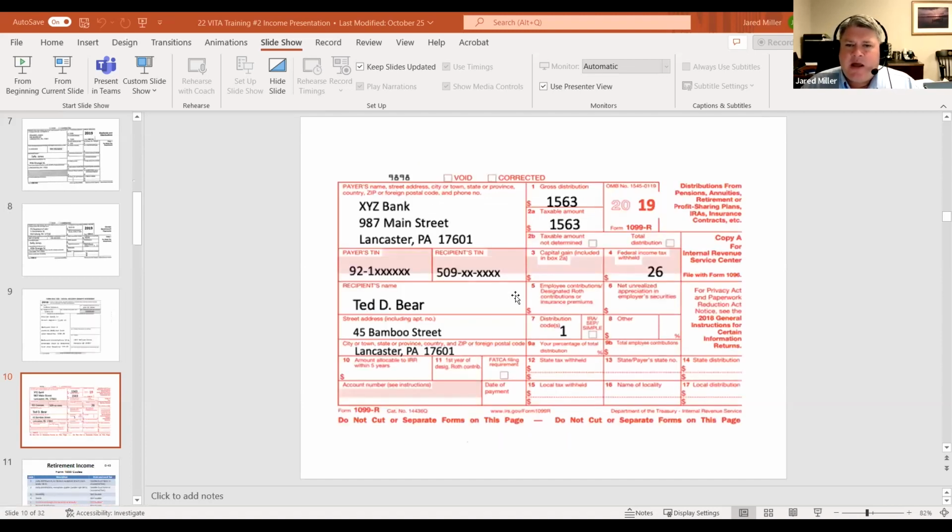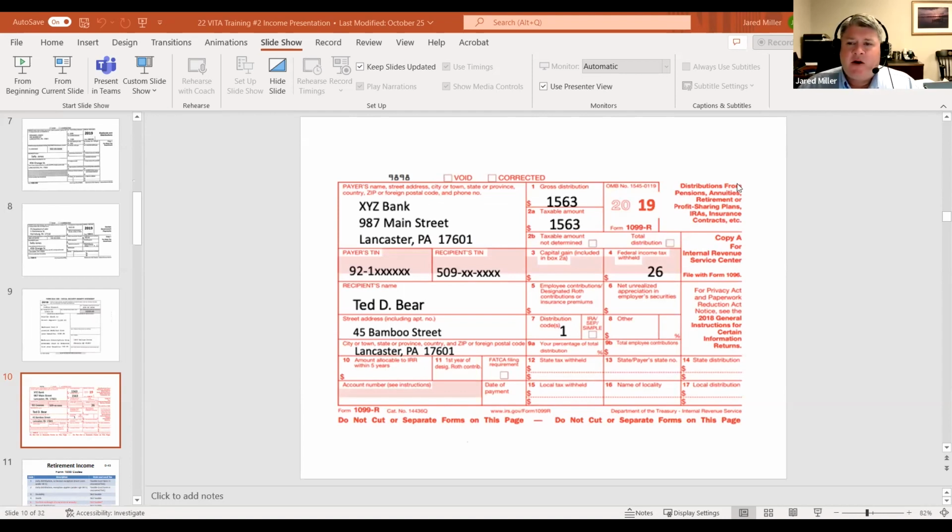Now, taking a look at our next area, this one's a little bit more involved, and we're going to spend a little bit more time on the 1099-R system. So I may refer back to this 1099-R a couple times as we go through some information. We're going to talk a little bit more about what the form is, what information we're going to be finding here, and then there are some things that we need to take a further look at in the whole process with 1099-Rs.